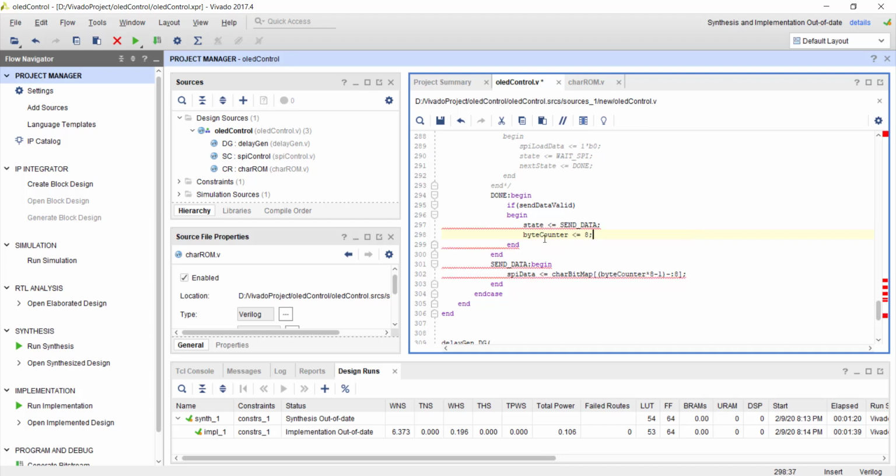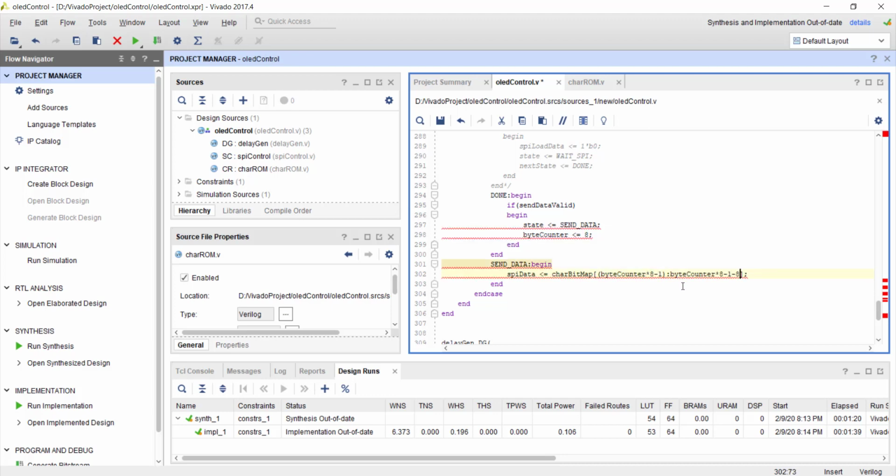Okay, now let's see what is actually happening. So this variable is 8. It will be a register. This register is 8, and if you put that value here, you will get 64 minus 1, which is 63. And this syntax basically means the lower index is 8 less than the upper index. Okay, so this is same as writing BiteCounter times 8 minus 1 colon BiteCounter times 8 minus 1